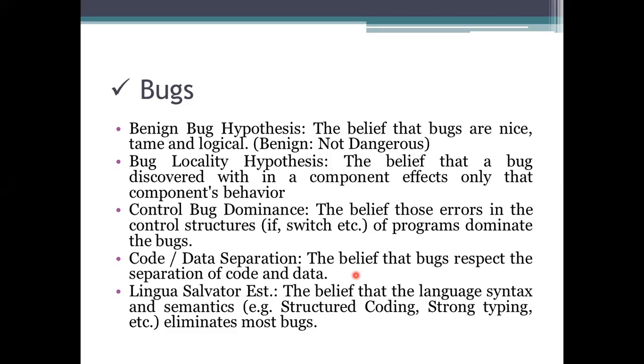And the next, the language solver establishment. Likewise, as I said, the programming environment, that is the development environment, will lead to bugs. We should know what programming language we are using, the basic features of the programming language, and what keywords we are using. All these things we should know. Whether any problem has occurred, how to resolve it has to be known. Whenever we come to know about all these things, then you will be perfect while using the language.